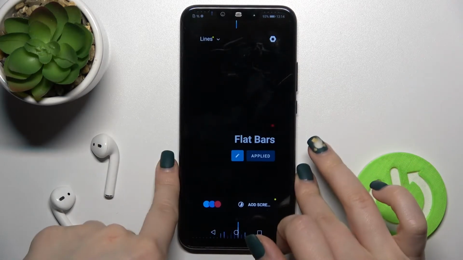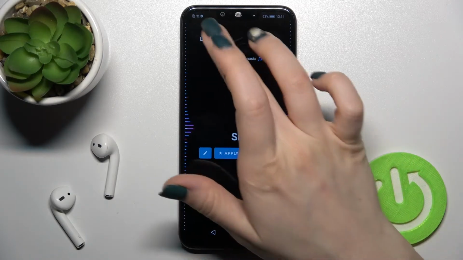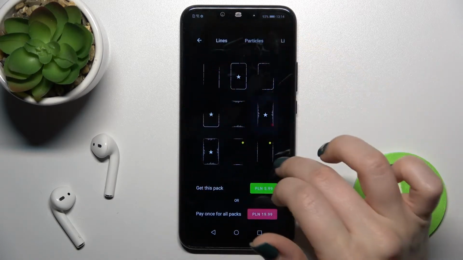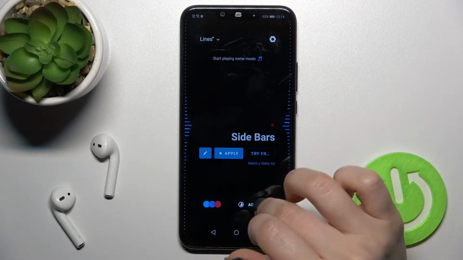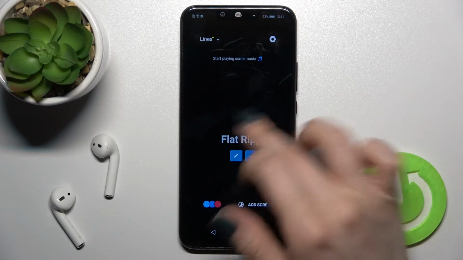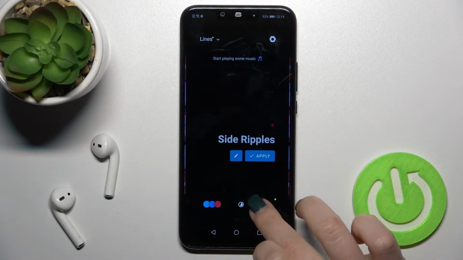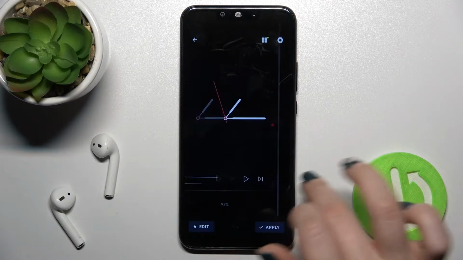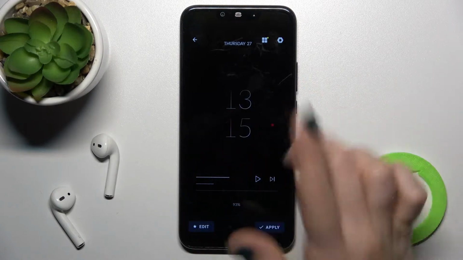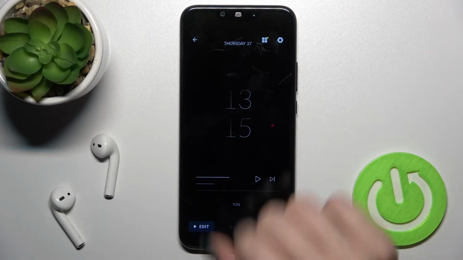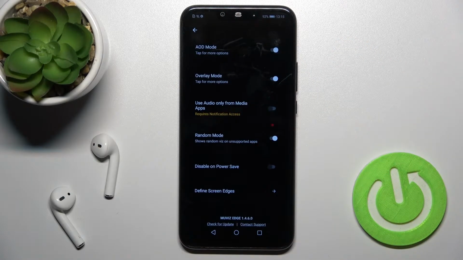Now we'll just go here into the app. Here we've got the slides. We can just change them. Also we can set another one, so these slides you will see when you listen to music. For example, we can go with this always on display theme, and here you can customize